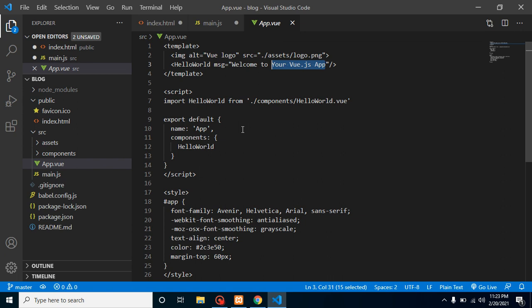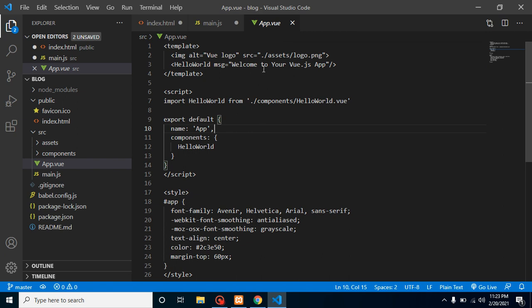Because our browser can understand .js files, but our code editor does not understand app.vue, right? Because the vue extension is not normally supported, we can download an extension for our code editor. There are lots of extensions so that our code editor can understand the Vue file code also, right? In the next video we will add these extensions also.